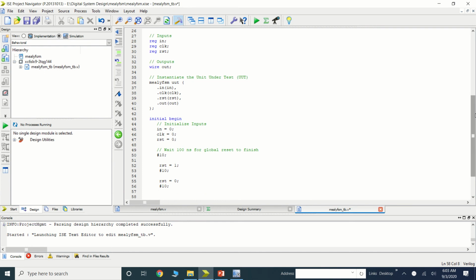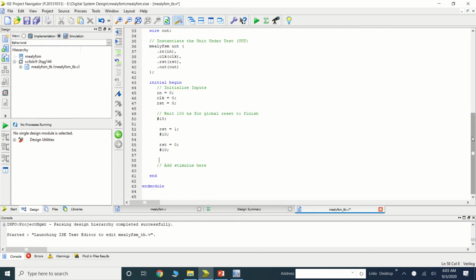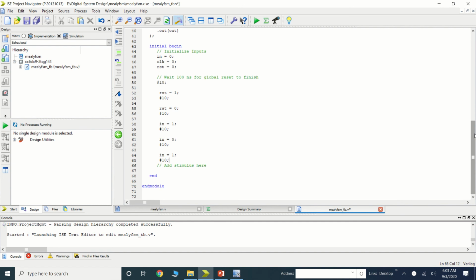So now it will start transit from one state to another. Here I am applying input 1 for the time period of 10. Second input I am applying 0 for the time period of 10. And the last you can apply any inputs for the checking purpose. I am just selecting here where I want the desired detected sequence.